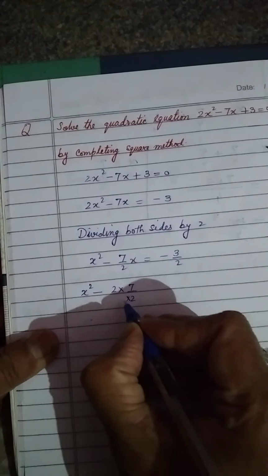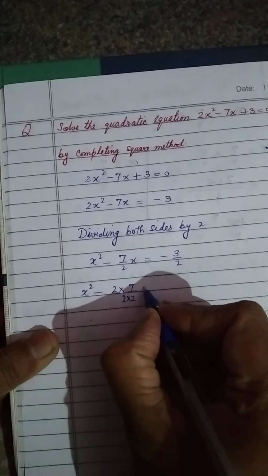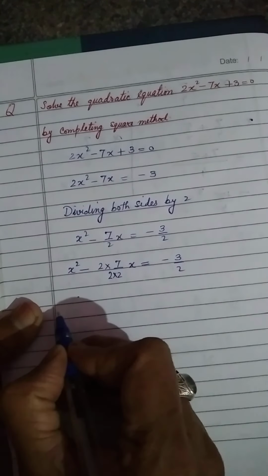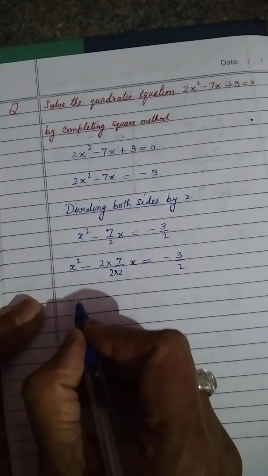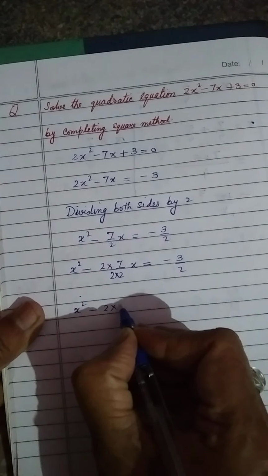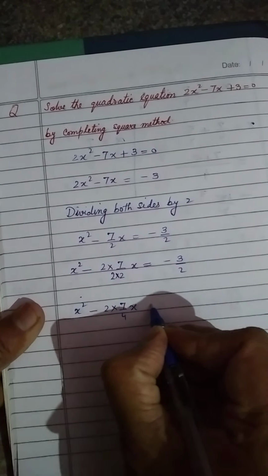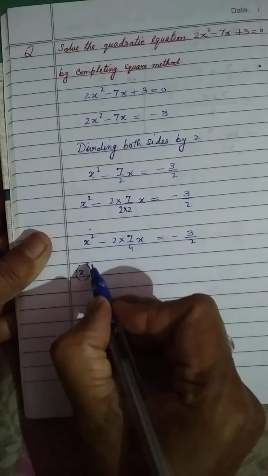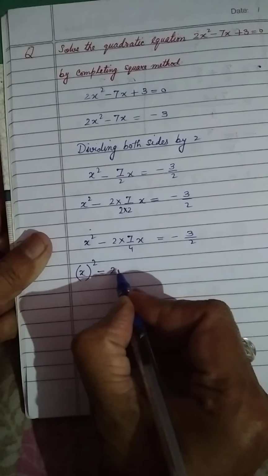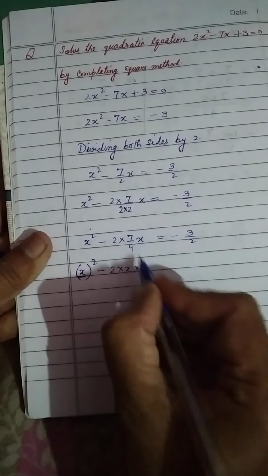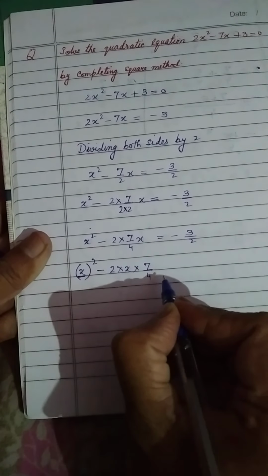So here also we will multiply denominator by 2 and this x will be written as it is equal to minus 3 upon 2. After that, see here, now this can be written as x square and it will be 2 into 7 by 4 x is equal to minus 3 by 2. After that we will write it in this form. X square can be written as like this also. We can write na. After that 2 into this bracket, within bracket we have x, so x will be written into this 7 by 4. We can change the order also.